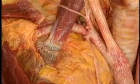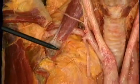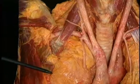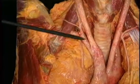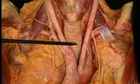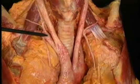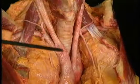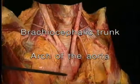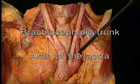Here's a deeper dissection with the chest wall removed. Here are the divided ends of the clavicle, the first rib with the anterior scalene muscle, and the second rib. In the middle, we're looking at the trachea and the common carotid arteries, the right and the left. On the right side, the subclavian artery arises, along with the common carotid, from the brachiocephalic trunk, which in turn arises from the arch of the aorta. On the left side, the subclavian artery arises directly